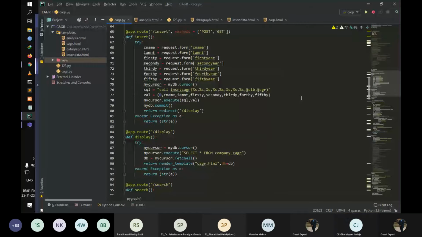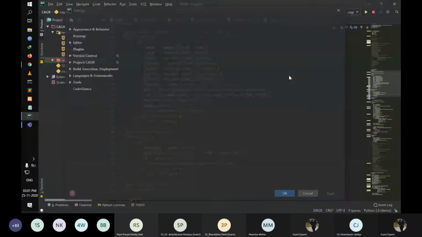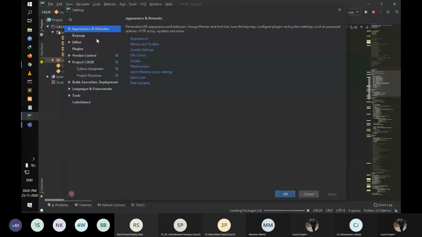Ghanshyam sir, can you see the screen? Yes, sir, it is visible, clearly visible. Should we make the theme light, or change the font size? Yeah, I will change the theme if it's not visible.